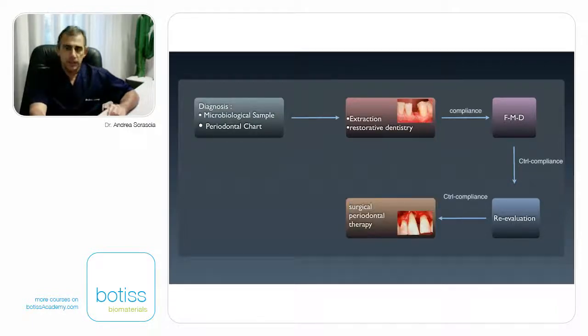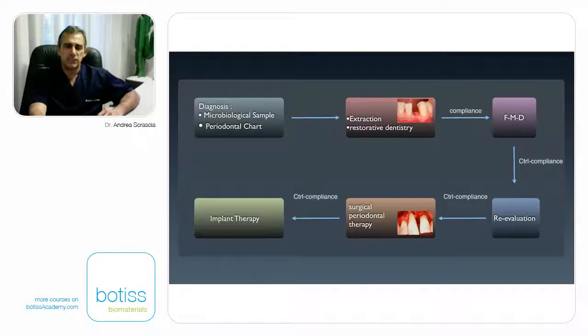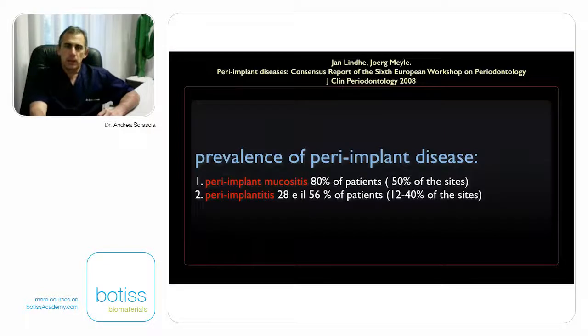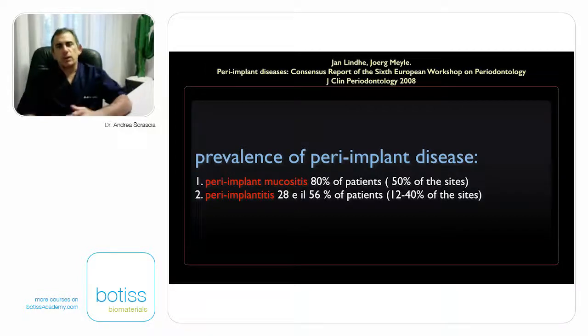Then, the execution of eventual surgical periodontal treatment. After all these, execute implant therapy. Because we have to keep in mind that most of the treated patients, 80%, will experience periimplant mucositis,